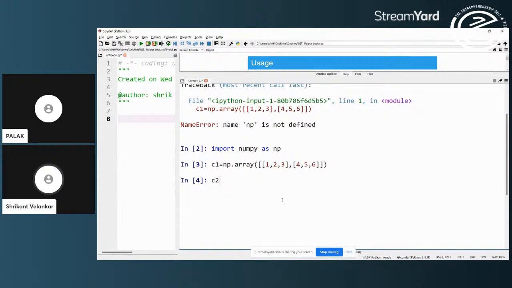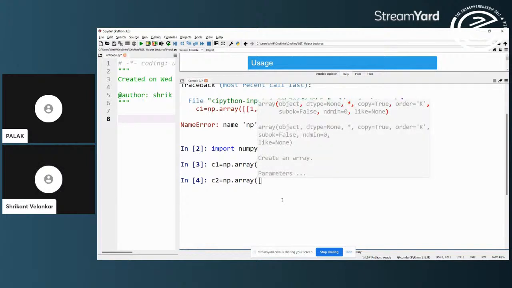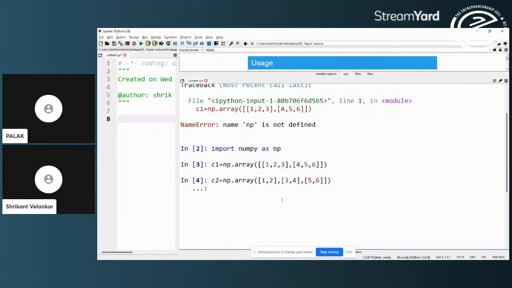And say I do C2 equal to np dot array, and in brackets I have 1 2, 3 4, 5 6, close bracket.